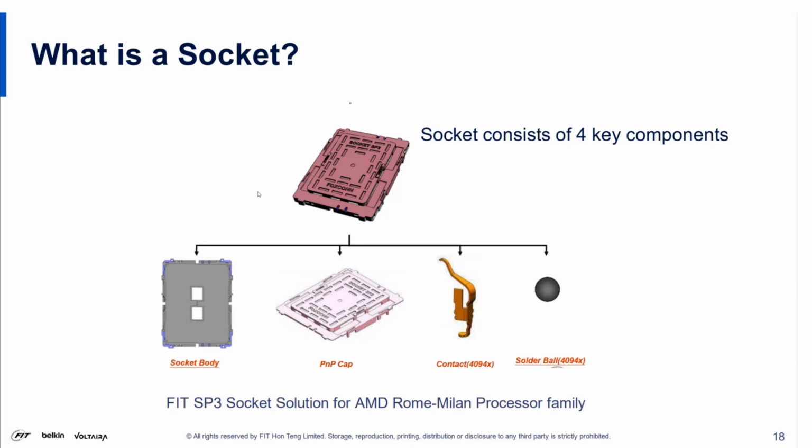You've got a pick and place cap, which protects the contacts during handling prior to the chip being inserted. The pick and place cap stays attached to the socket during reflow and protects the contacts. And then right before the chip is placed inside the socket, that protective cover is removed. Then there is the core brains of the socket, which is the contact. In this image, I'm just showing an example of the AMD SP3, which is used for the Rome and Milan